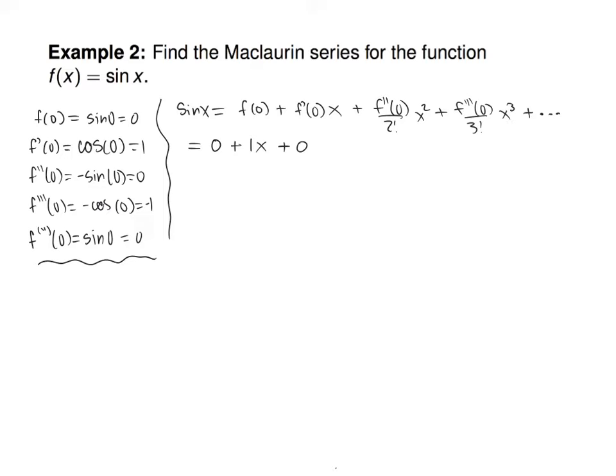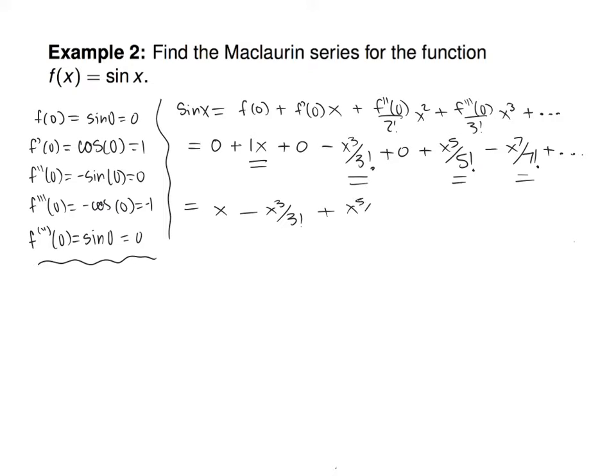Next, f triple prime at 0 is negative 1, so negative x cubed over 3 factorial. The next term is going to be 0. Then we'll be at positive 1 again, so we'll have plus x to the 5th over 5 factorial. Next, you can get the pattern: negative x to the 7th over 7 factorial, etc. Notice that we're only having odd powers. So this is x minus x cubed over 3 factorial, plus x to the 5th over 5 factorial, minus x to the 7th over 7 factorial, plus other stuff, which in summation notation form,